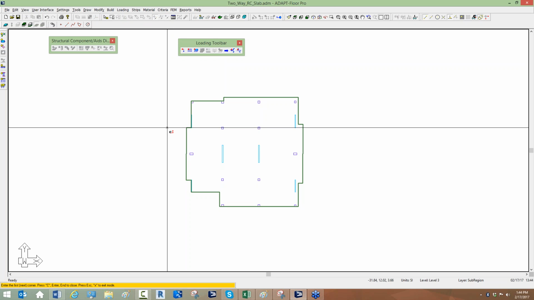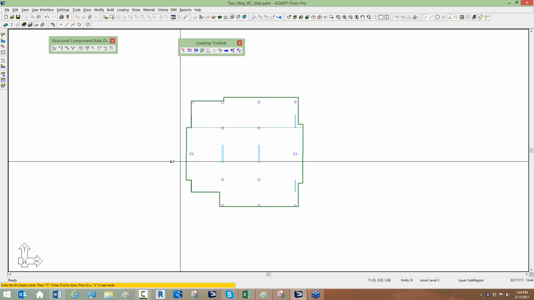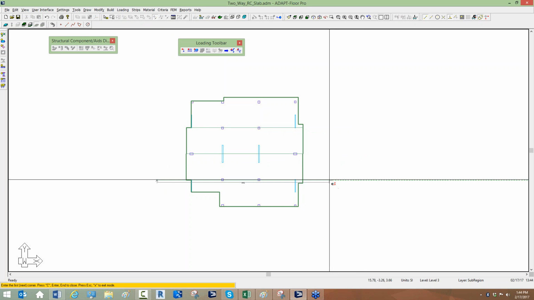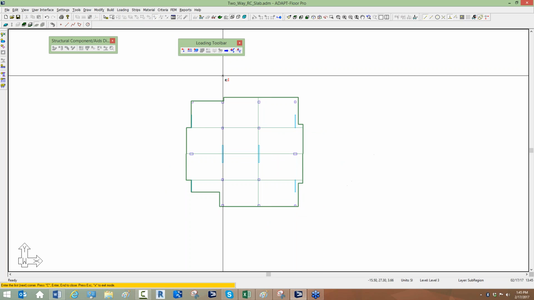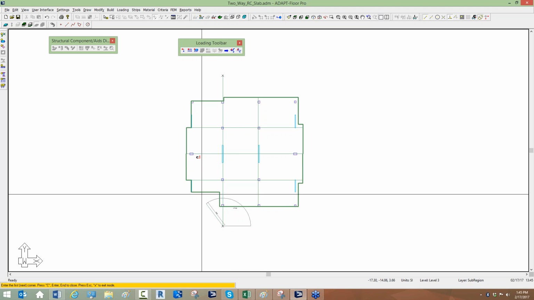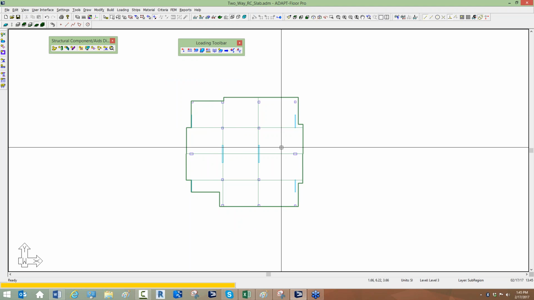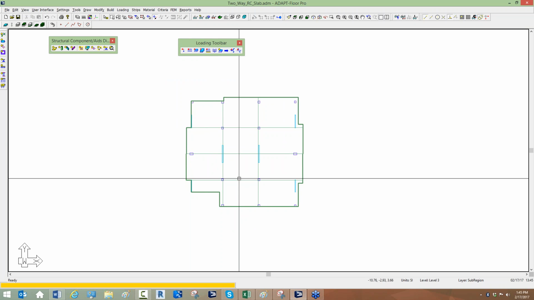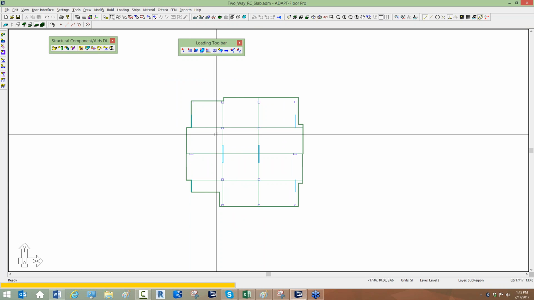Let me turn that off for a moment. So there's line 1. I'll say close. This is going to be line 2. Close that. Line 3, and we're basically just creating dividing lines between locations in the slab that will create unique regions that I can then use to apply patterns to. So you can see I've created 1, 2, 3, 4, 5 lines that will subdivide the slab into regions. If I go back to loading,